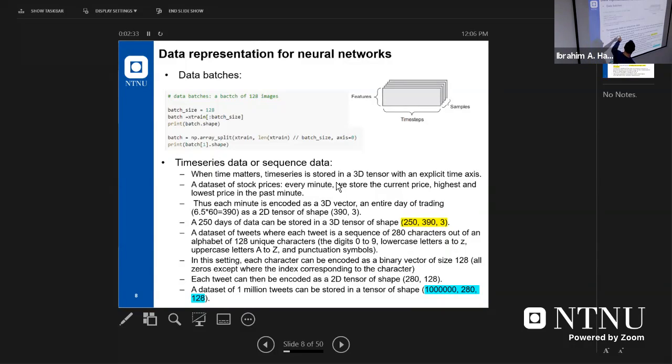For example, take the data set of stock price, where every minute we store the current price, and the highest and lowest price in the past minute. In this case, we will have 3 values: the current price, the highest and lowest in the last minute. So each minute is encoded as a 3D vector, for example. An entire day of trading will be,